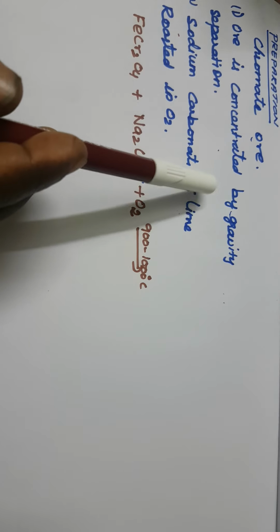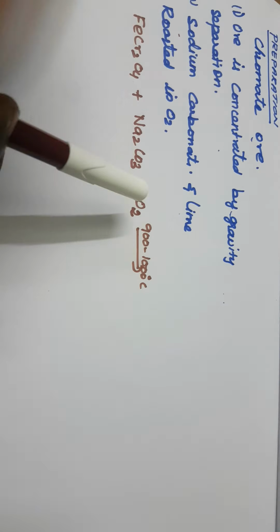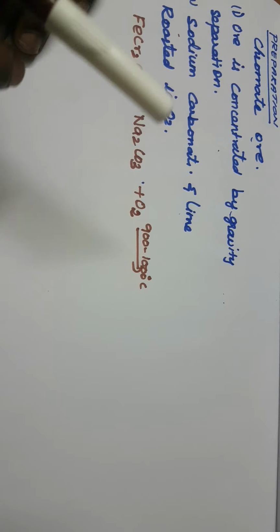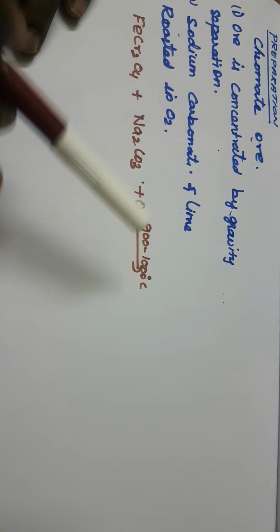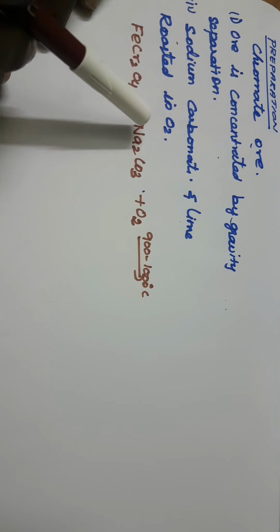used to purify by this method. The heavy oxide is slanting on that surface. Slanting on the surface means a running current of water flows on that surface. The light impurities, the rocky and sand substances, are removed along with the running water. This is the gravity separation method of purification.